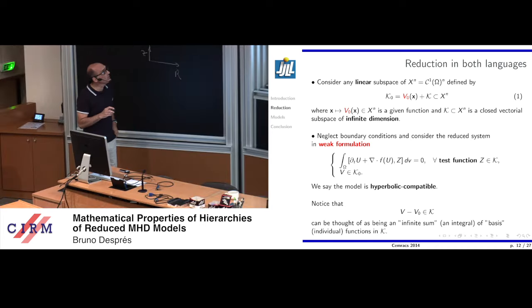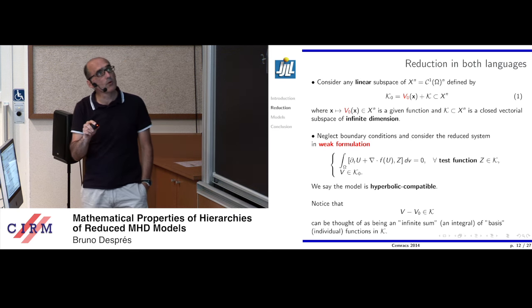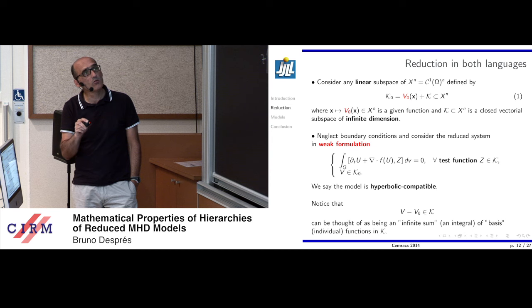So now let's address this more general setting of the problem. K is now a vectorial subspace of infinite dimension of all functions in the domain. C1 functions, say. But I need, because for my unknown, I have plenty of equations, n. And this is a vectorial subspace. And this is a given function, say. And with Remy, we propose to look at this structure.